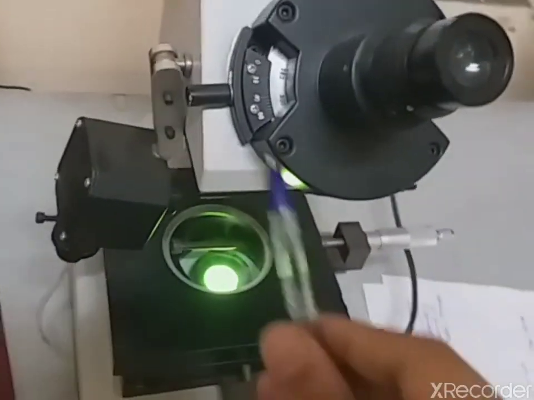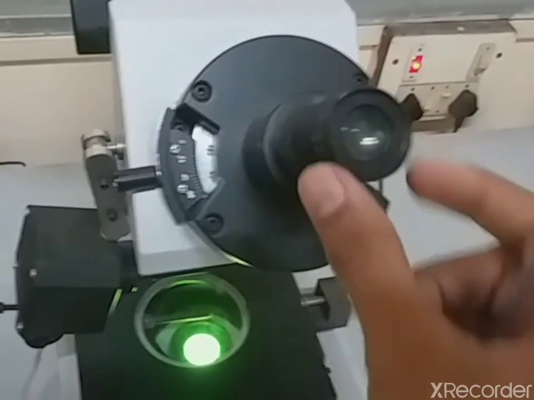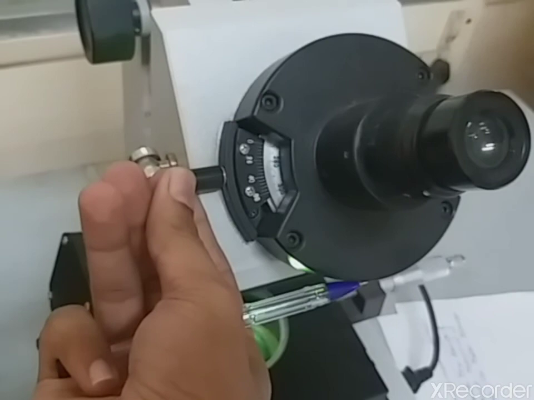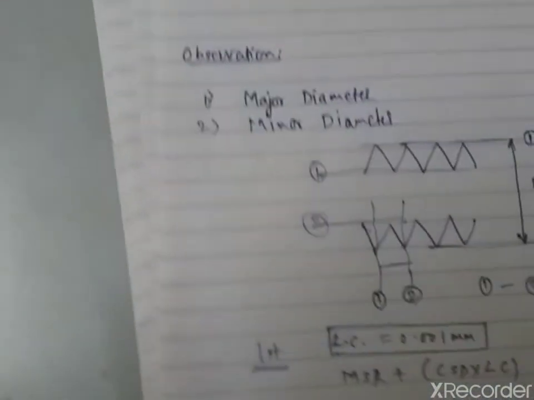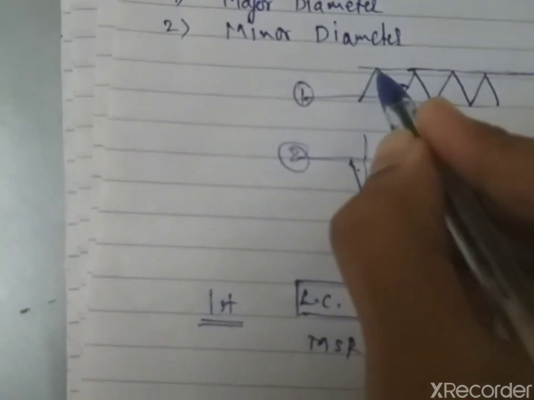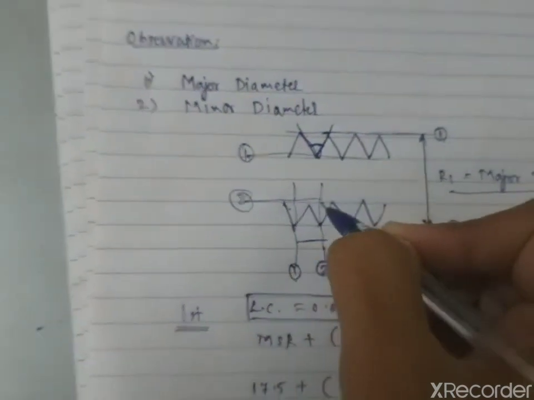Again, when we want to measure the angle, we can rotate the cross wires inside this lens by loosening the screw, and then we can adjust them to the V shape of the screw thread. That means we can get the thread angle for this. So adjust one wire over here, rotate it, and again take the reading, so we can measure the angle of this.